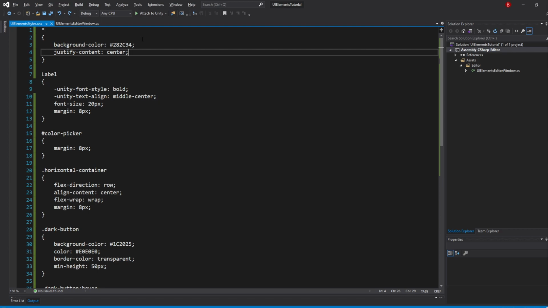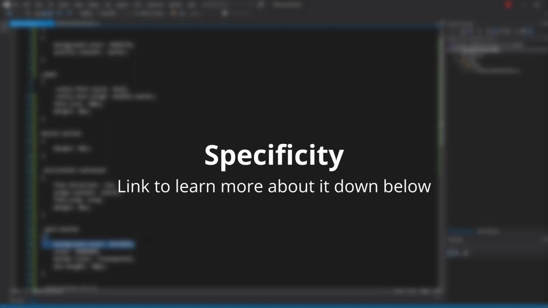in two different selectors. For example, we've used the Wildcard Selector to add a background color for every visual element. However, we also added a background color to our buttons through our Dark Button class selector. When deciding which one to use, Unity uses something called Specificity. I'll leave a link in the description if you want to see who has more specificity, but in this case